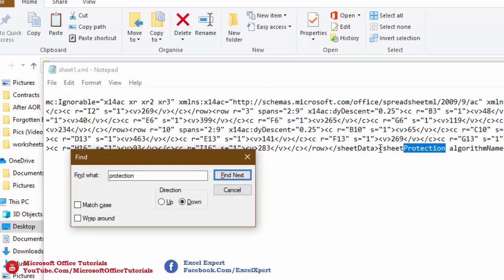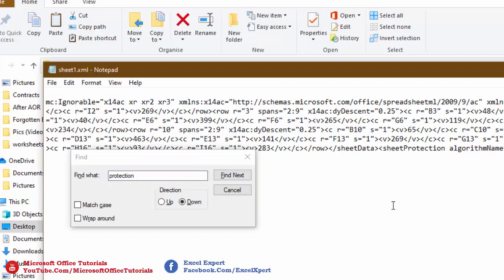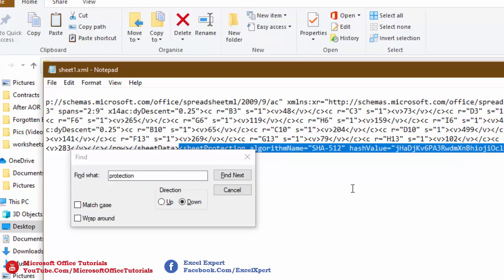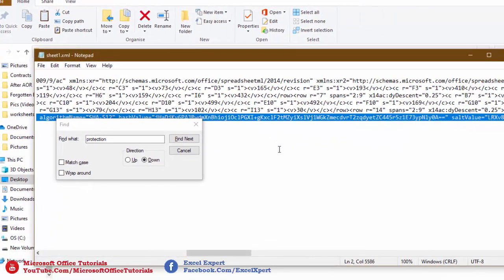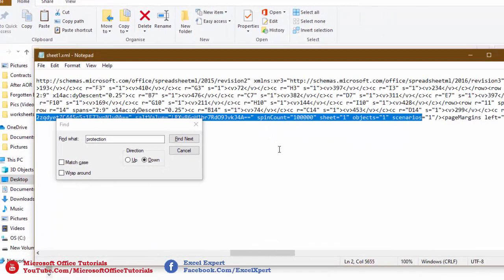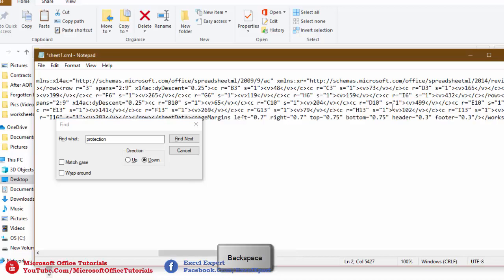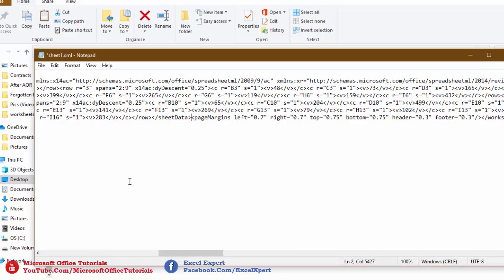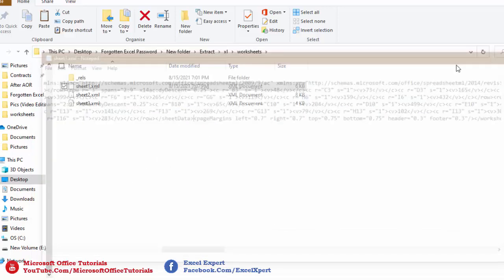When you find it, select from where it starts, before sheet, till it ends. You can see this sign where it closes. I have selected till here. I use Backspace to delete this, then Ctrl+S to save it as it is. Then I close this.